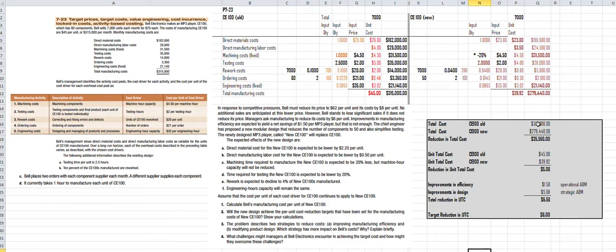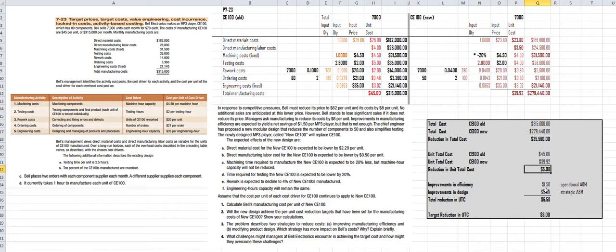There's the total manufacturing cost of our old design. There's the total manufacturing cost of our new design. There's the reduction in our total manufacturing cost. If we look at the same information on a per unit basis, there is the unit total manufacturing cost under our old design, $45. There's the unit manufacturing cost under our new design, $39.92. So as a result of these design changes right here, we were able to reduce our manufacturing costs by